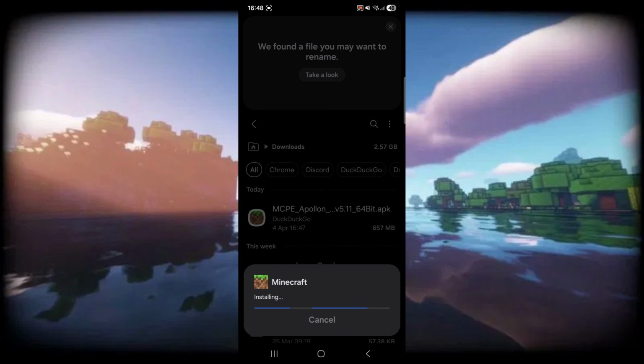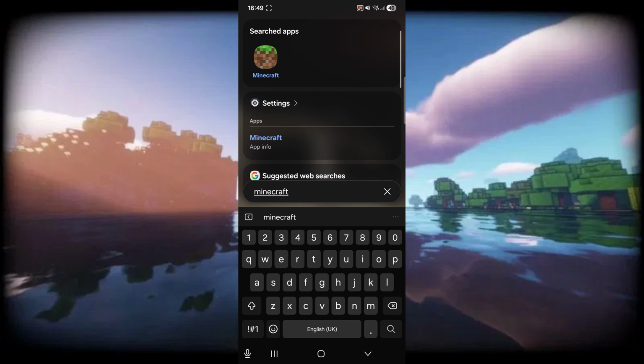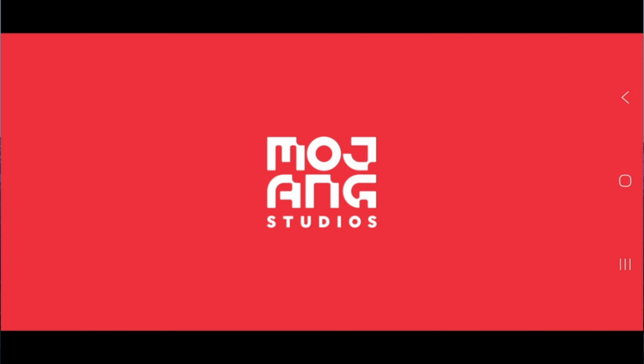Now, if you do get the error message that this conflicts with another existing installation, then what you need to do is go ahead and delete your existing Minecraft installation real quick. If you do that, then of course don't forget to back up all your worlds and such. Anyways, once that has been done, we can simply look up Minecraft right over here, and you can open up